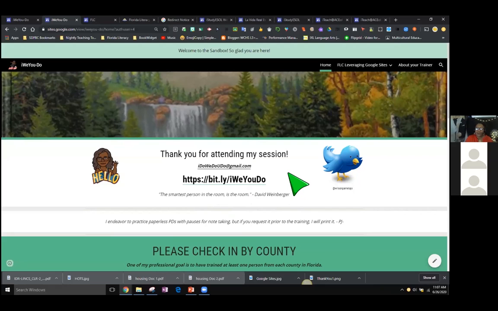But again, if you want to play around, all you need to do is open up a personal Gmail and just play around. I would build something and maybe propose it to your administrator and say, look what I did, because here's the thing. The goal here is to get the learners to do this.